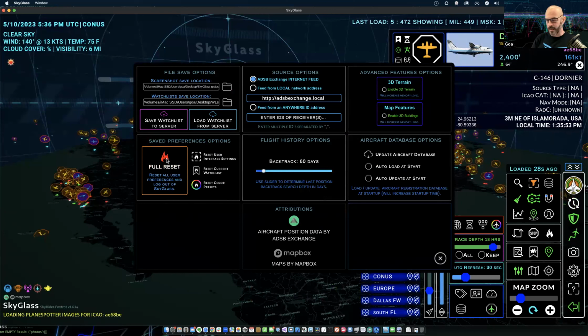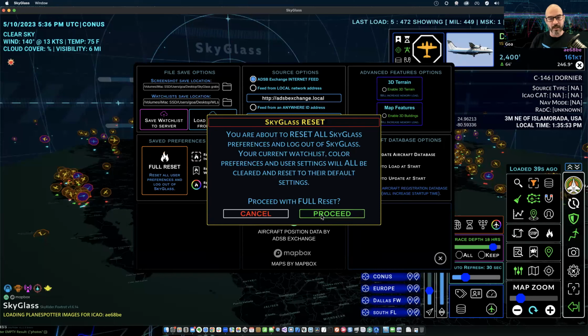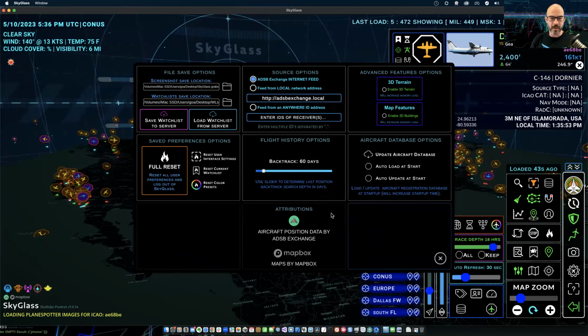This is going to basically crash the saved defaults and restore SkyGlass to its initial state, just like you downloaded. So I'm going to go ahead and do that now. If you're logged in, it's going to log you out, just so you know. You're going to get a little warning panel there. So I'm going